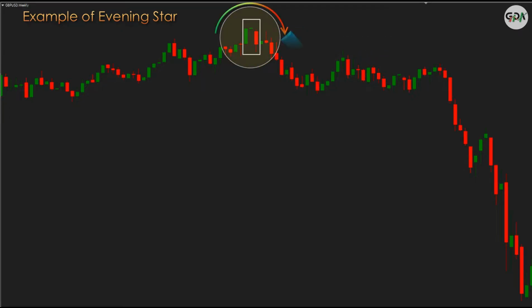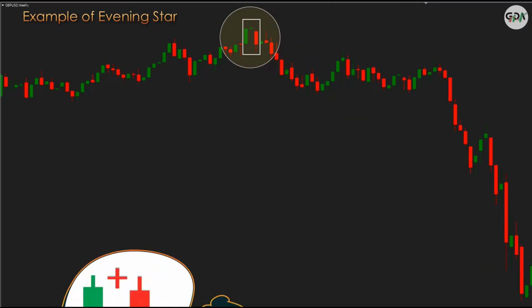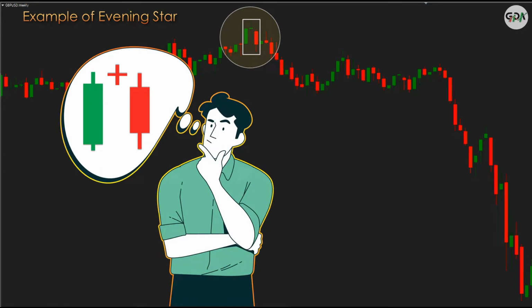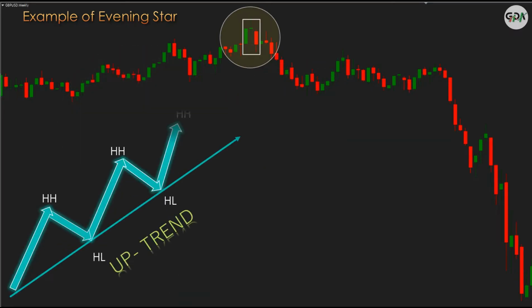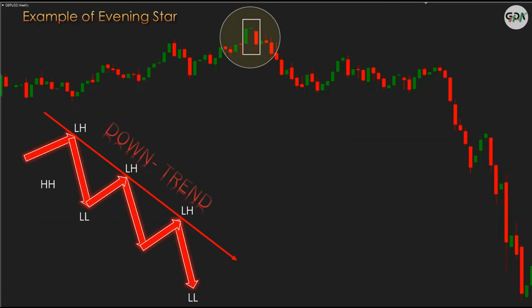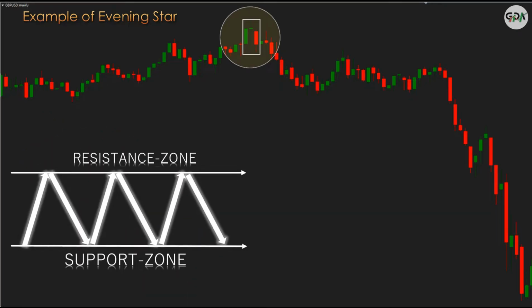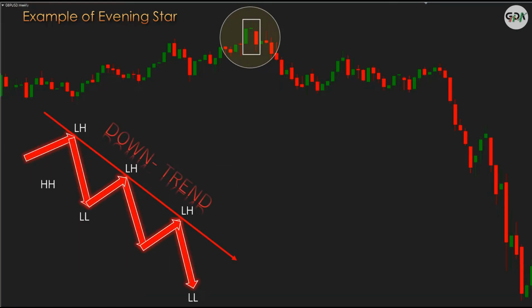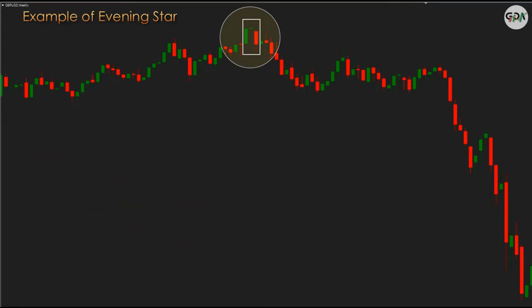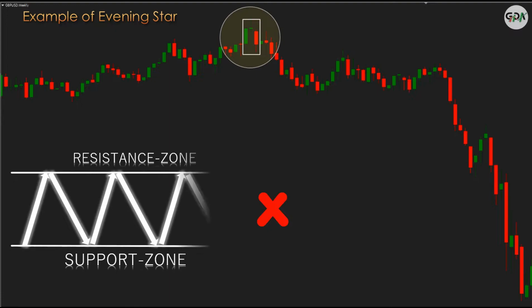Friends, you all may get a doubt. We will find so many evening star patterns happening in the live chart. Can we consider all evening star patterns for trading? No, absolutely not. Why? Don't take a trade only by seeing an evening star pattern or bearish engulfing pattern in the live chart. We should know what the main direction is, whether the chart is moving in uptrend, going downtrend or moving sideways. Evening star is to be considered when the chart is only in downtrend. We should ignore this pattern when the chart is in up direction or in consolidation.